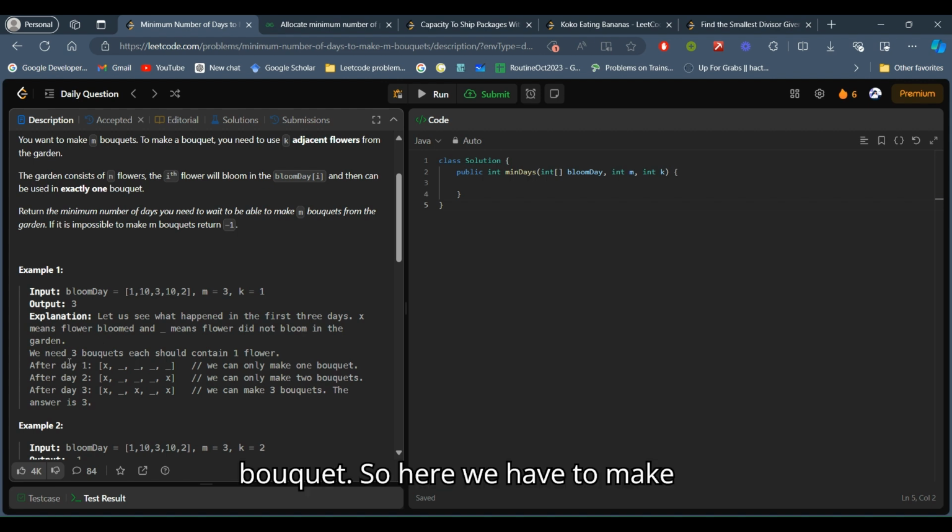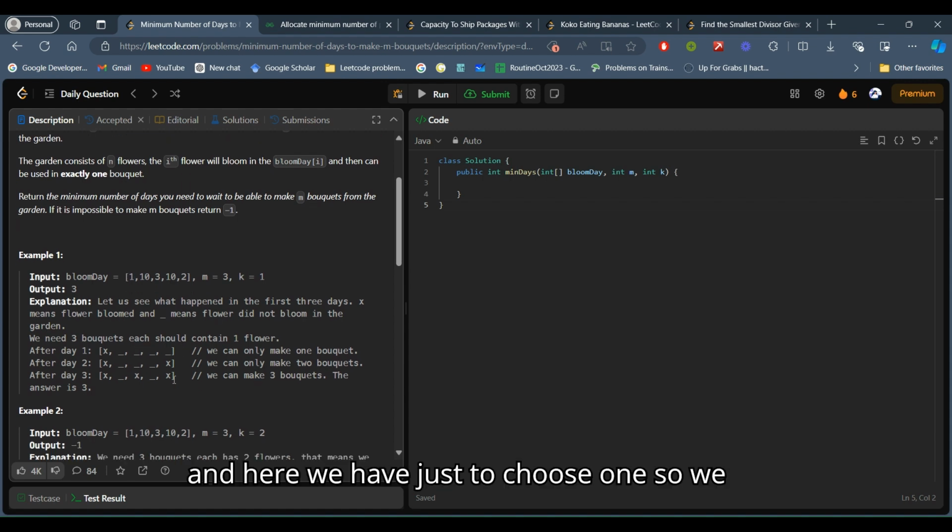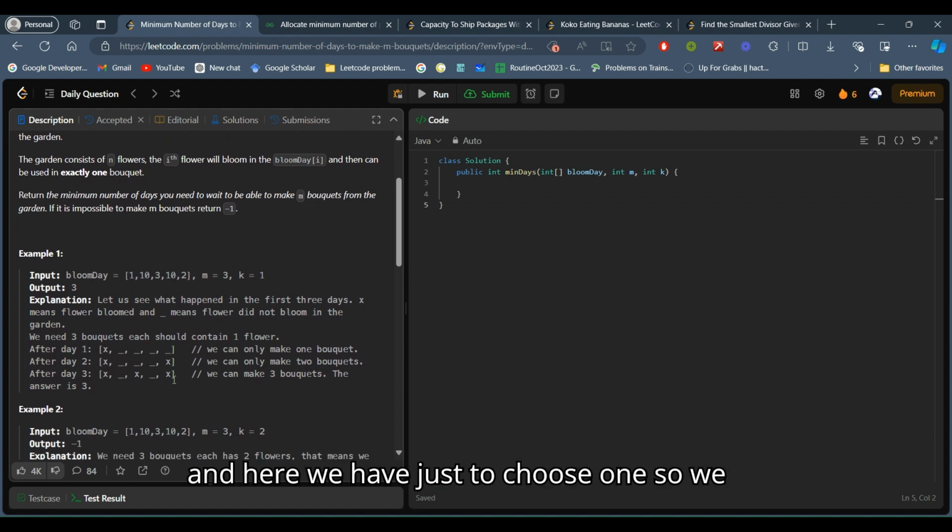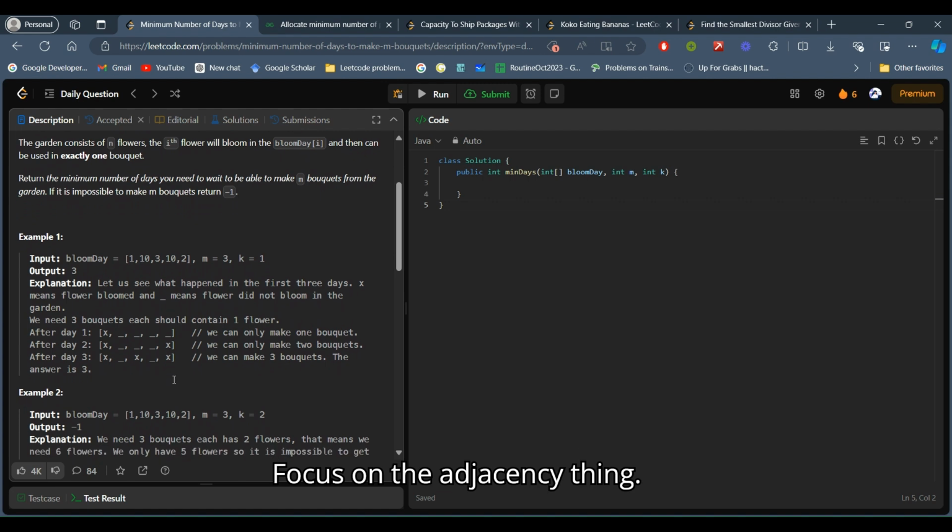So we can choose directly 1, 3 and 2 here. And since we just have to choose one, we don't need to focus on the adjacency.